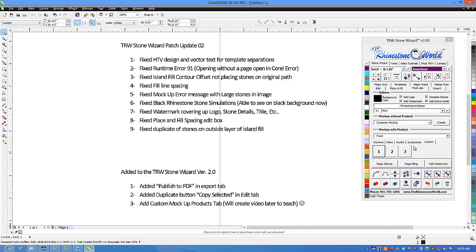And we did have some other ideas of things that we were going to add, and some of that stuff is going to be free upgrades, like adding the customs here and the PDFs and all those little things that are going to help you guys out. Obviously, when we have major upgrades like this, it will increase the cost a little bit, but when we have little things that are just going to make you guys happy and make it easier for you to do stuff,